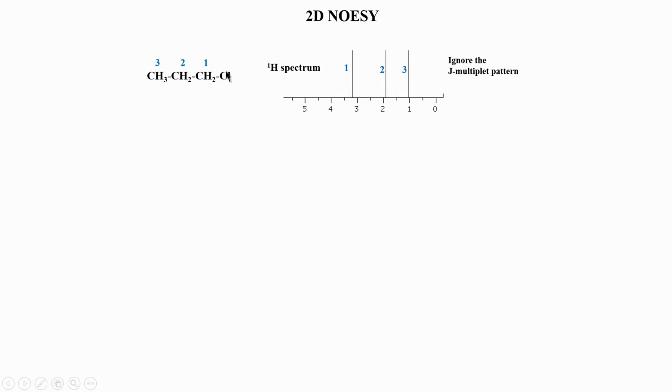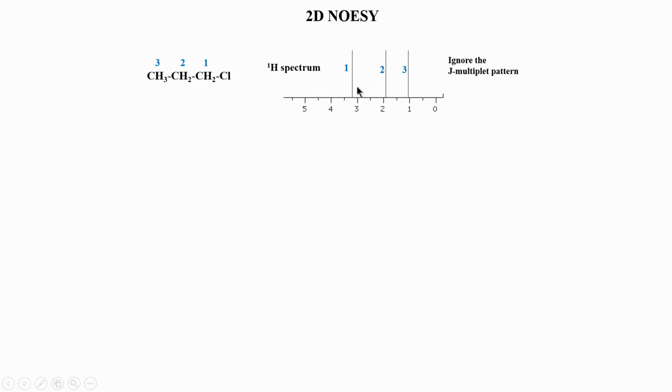Let us take again this simple molecule here, propyl chloride. Here you can see that these 3 protons are close to each other. This to this will be about 2 to 3 angstroms, and this to this will be about 4 to 5 angstroms. It can't be more than that. So, all of these 3 are close to each other, within that limit of 5 to 6 angstrom which we saw in the previous class.